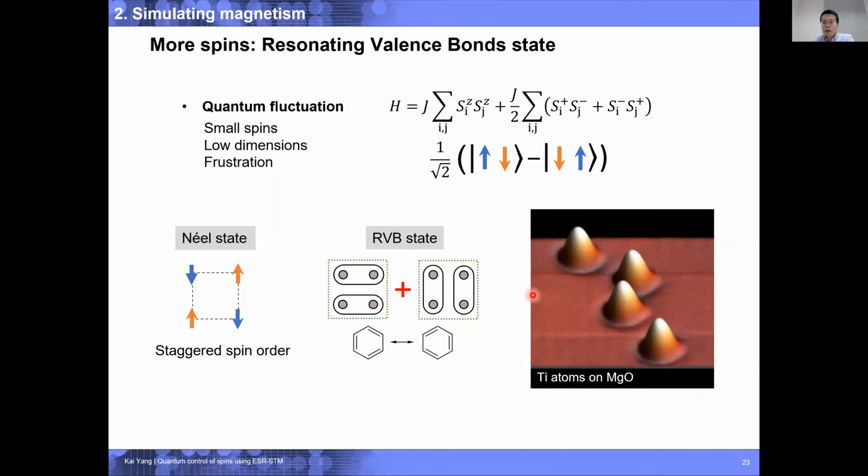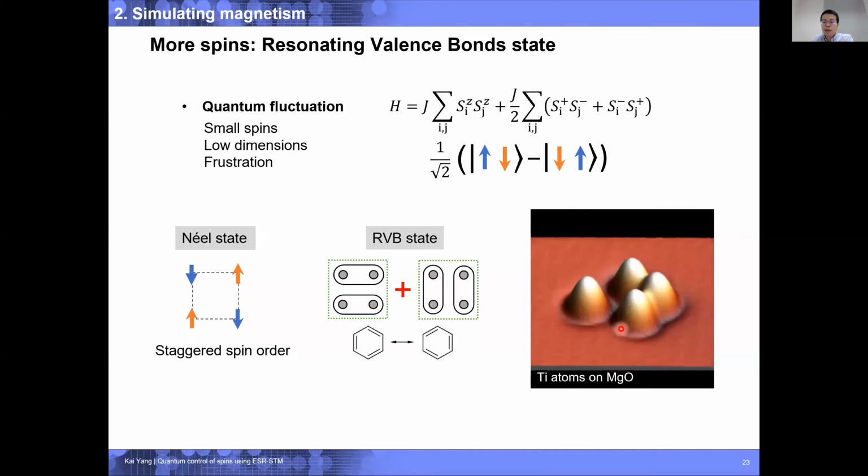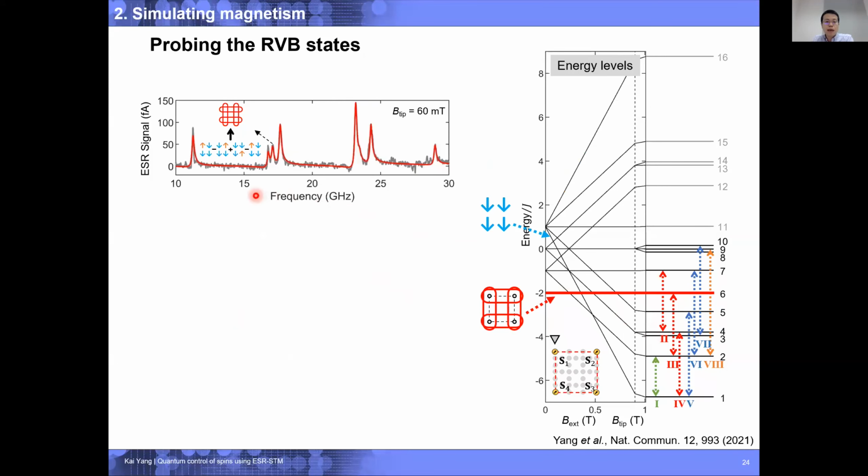Basically, we use the STM tip to apply voltage pulses on top of titanium atoms so that we can control their adsorption site. Eventually, we can build this 2x2 spin structure. And you can see here, there are two different heights of the titanium atoms. This corresponds to the two different adsorption sites of titanium on MgO. So in order to probe the quantum eigenstate of these 2x2 spin structures, we measure its